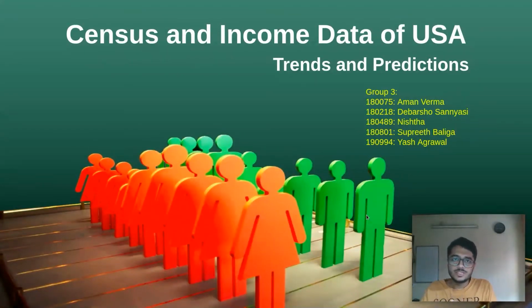We are Group 3, and we are here to present the insights gained and the models we have built surrounding the income of the population of USA, categorized on the basis of a number of factors. The data which we'll be using for this project is survey data extracted from the current population surveys conducted by the US Census Bureau. This data has been made available by UCI on their machine learning repository, and we have divided the project into two parts.